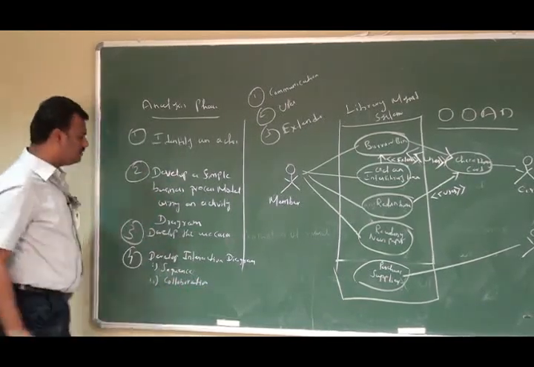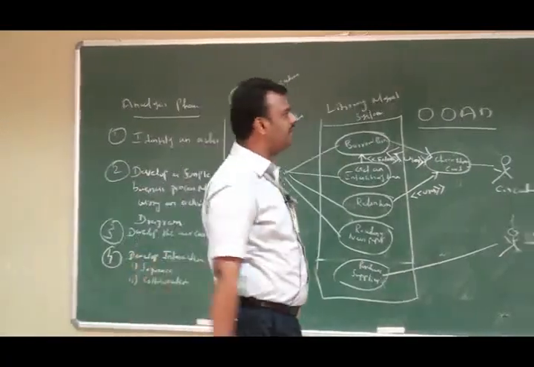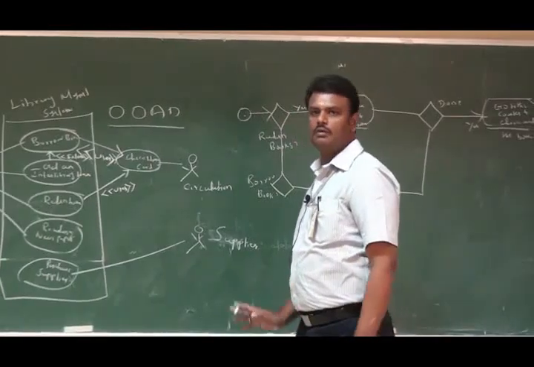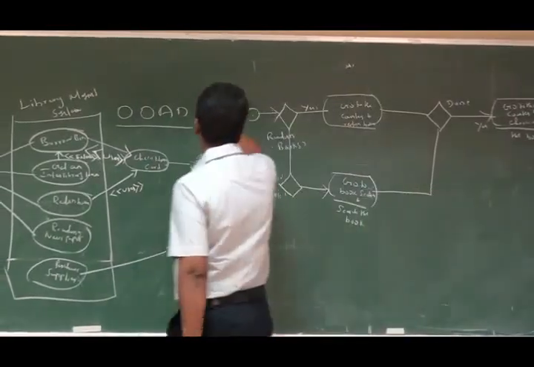Before we start the interaction diagram, what is the difference between users and actors? The user can play more than one role, but the actor can play only one role. For example,